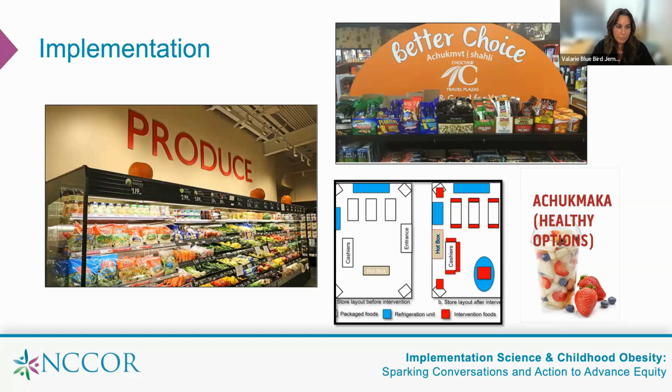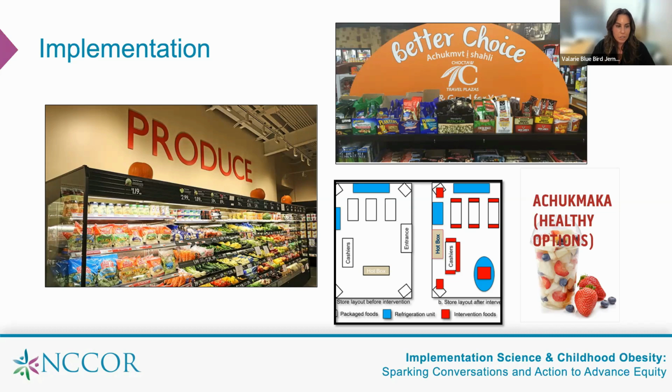And you can see we were given permission to remodel lots of the sections of the stores, to remove, if you look at the small map, before and after. Packaged food is in blue and intervention foods are in red. So the left is the before and the right is the after. We replaced packaged foods with fresh and healthy foods in walk-around coolers and in large sections of the walls in the convenience stores. We replaced end caps with healthy food options, and we placed healthy foods with tribal native language at these end caps to promote